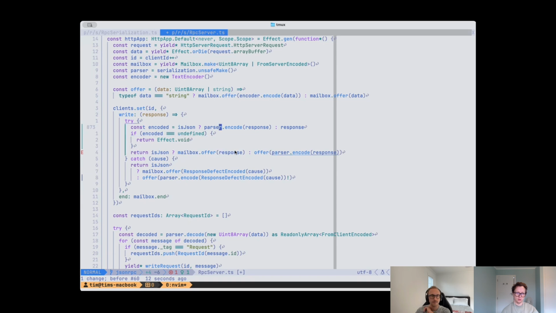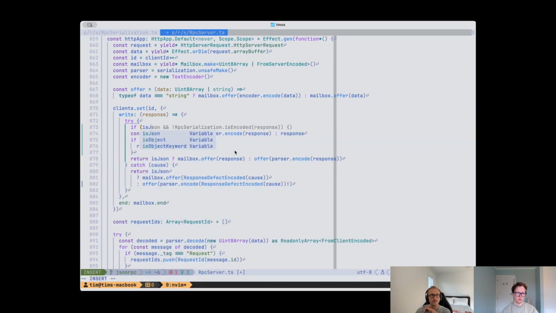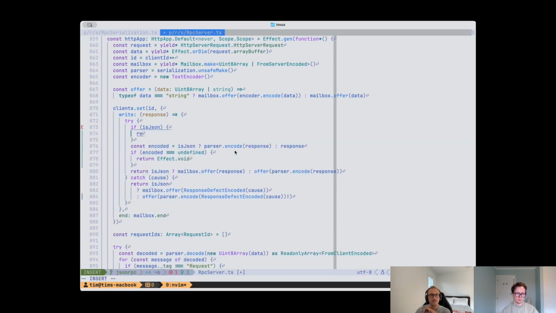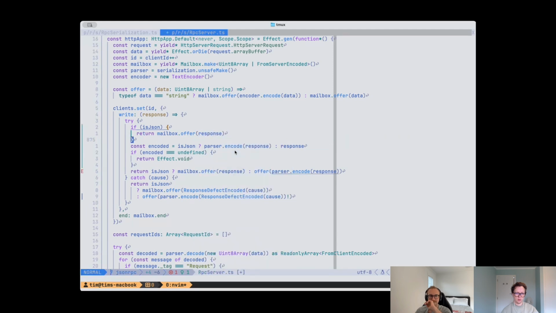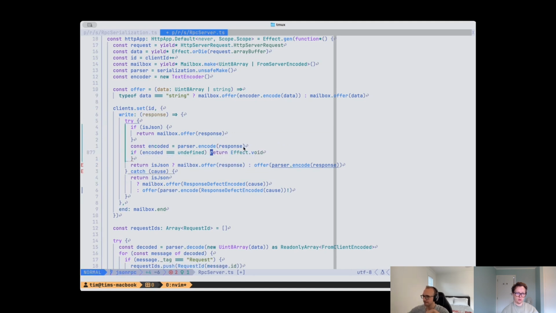No, maybe we should just do the branch for this JSON here. Return mailbox dot response. Otherwise, encode it. If encode is undefined,